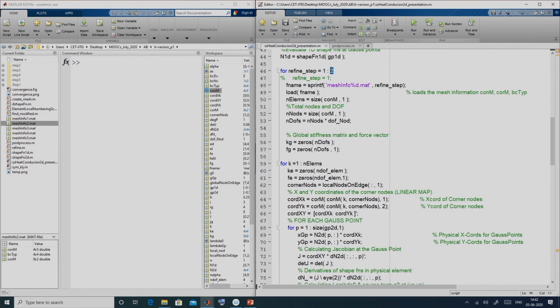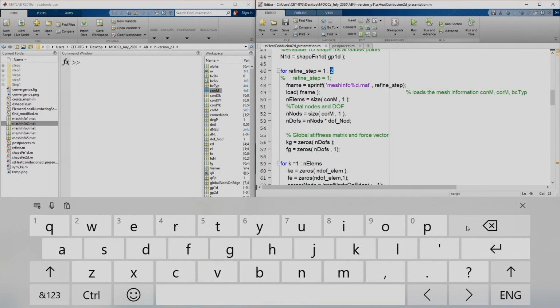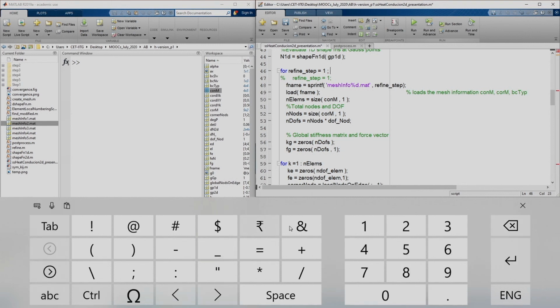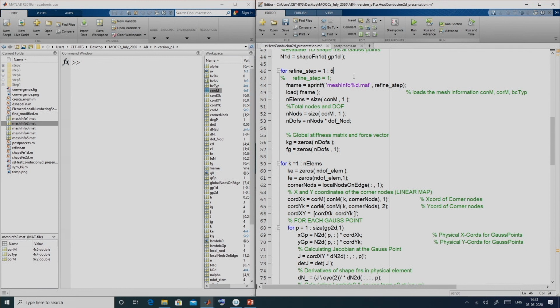Now let us run it for all the refinement steps. Alright, by making it 5. Here I have run it for 5. Alright.